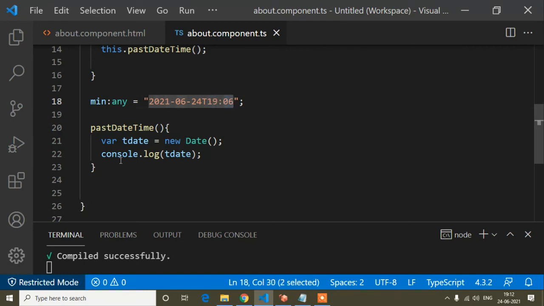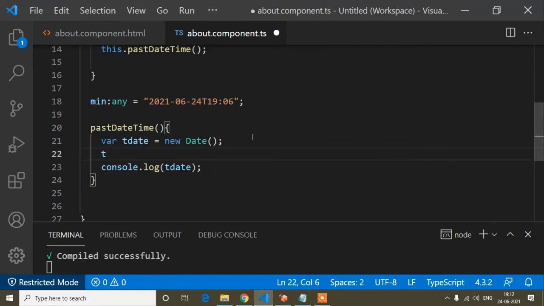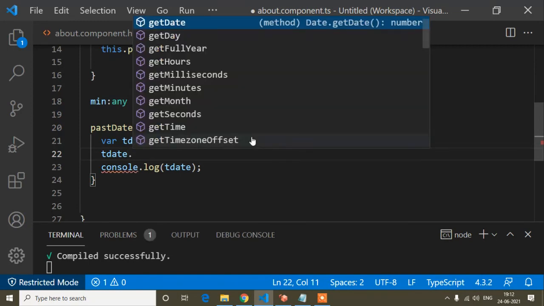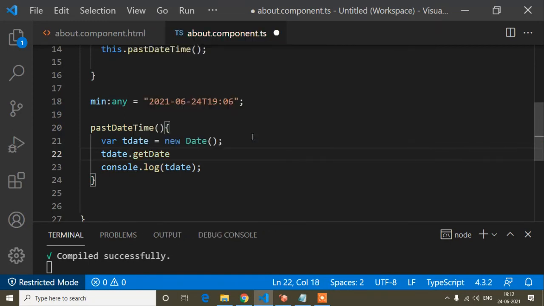Okay, so how can I do that? There is a pre-defined JavaScript method, tDate.getDate, and here I will write a variable called date, like this.